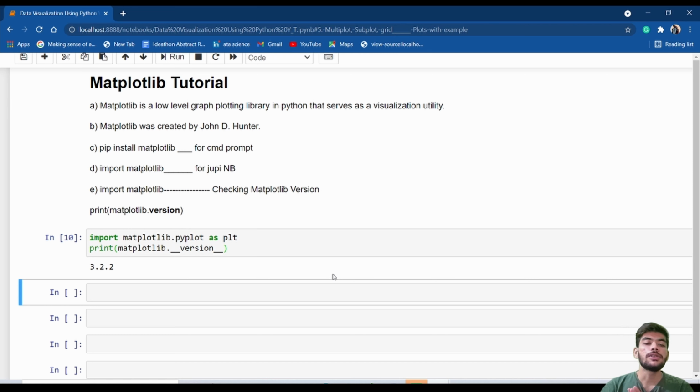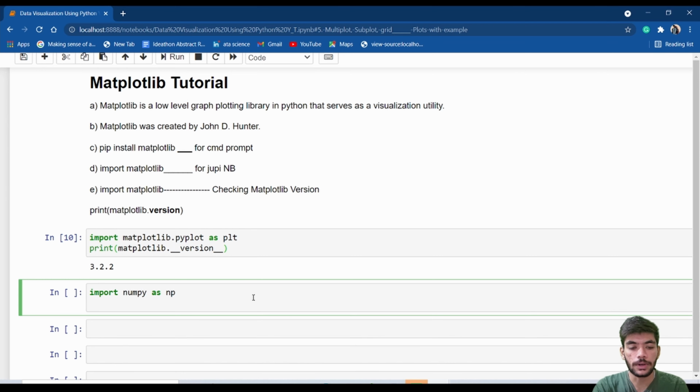Now I will show you, as it is a numerical function, we are going to add some numbers, like x equals some value, y equals some value, and then we are going to plot both the x and y graph, surely a straight line for the first time. So I will write import numpy as np.